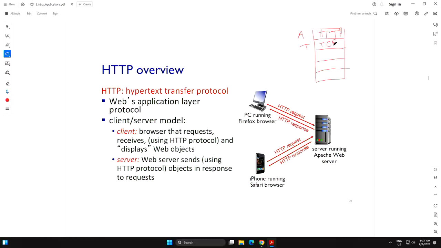So TCP provides a reliable service, and HTTP makes use of TCP. So you cannot run it on UDP, right? TCP will be covered in detail in one of the subsequent lectures, maybe lecture 5 or 6 after the break. But today we'll be referring to TCP very briefly, just saying that you need a TCP socket, you need a TCP connection and things like that.